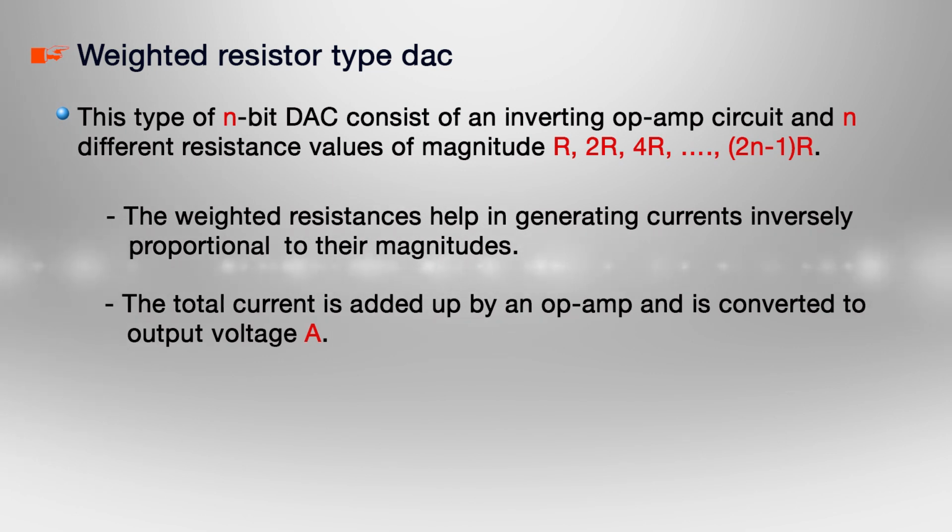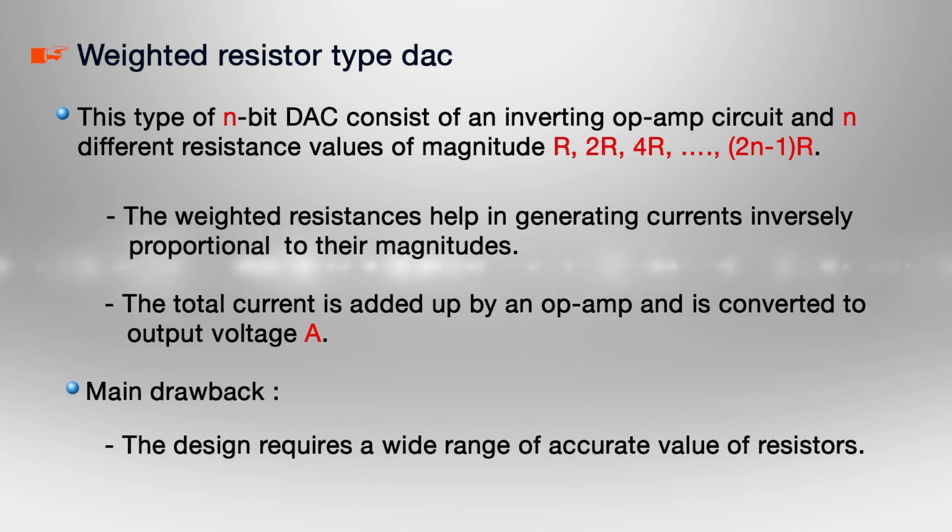which we will understand through a circuit diagram. But the main drawback with this type of DAC is that as n increases, the number of different value resistances increases. Now, the problem is we require so many resistances of different values, which is very difficult to manufacture. So, before we understand circuit design of weighted resistor type DAC, let us understand working of op-amp as inverting